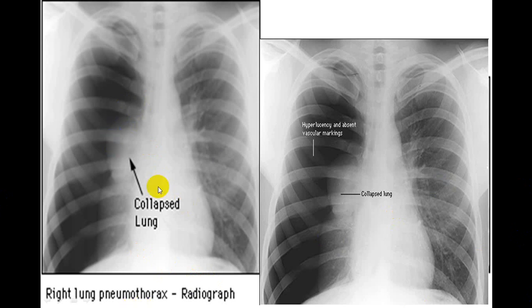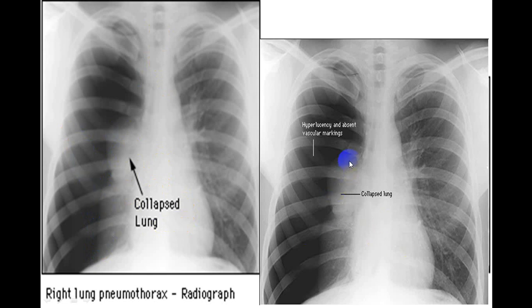Again, same. You can see the border of the lung, collapsed lung, radio opacity. This is radiolucency. You can see a vascular marking. Compare this and this. This is translucent, or we call radiolucent. No vascular marking. This is a border of the collapsed lung. And in that collapsed lung, you cannot see a vascular marking clearly. So this is a collapsed lung. There is not much shift of the trachea, not much shift of the mediastinum. So this is not a tension pneumothorax.